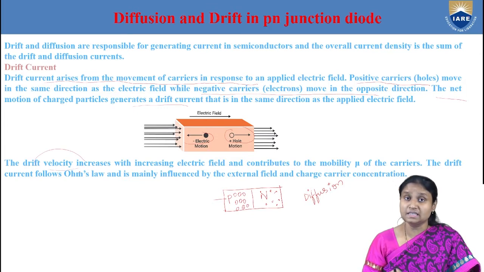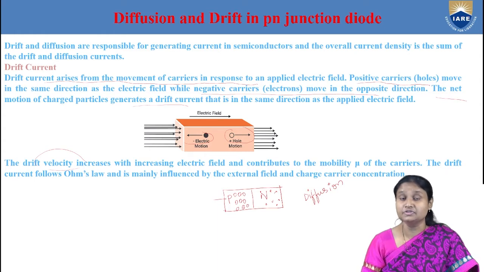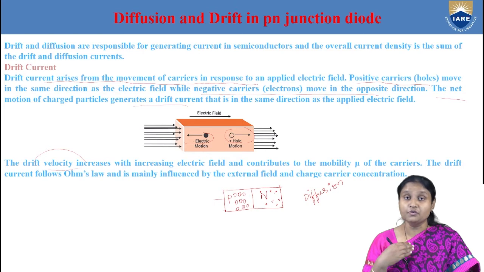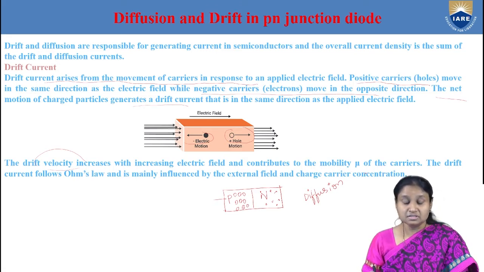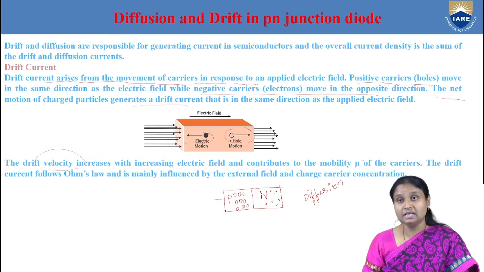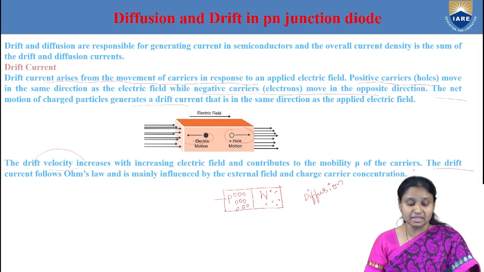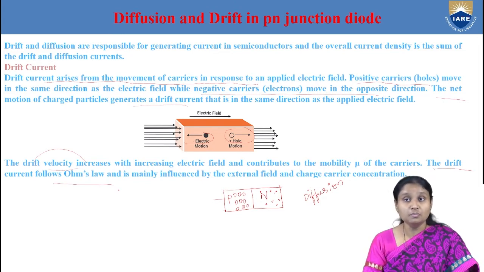This is the velocity gained by charge carriers under the influence of externally applied electric field, where charge carriers are forced to move under the action of electric field, and it contributes to mobility or movement of charge carriers under the application of electric field. So this drift velocity and mobility take place only under the action of external electric field, and whatever drift current we are getting is going to follow Ohm's law, and we know what Ohm's law is, where voltage